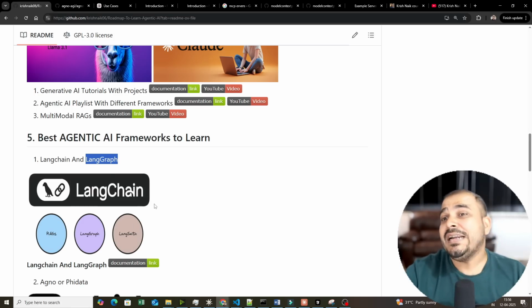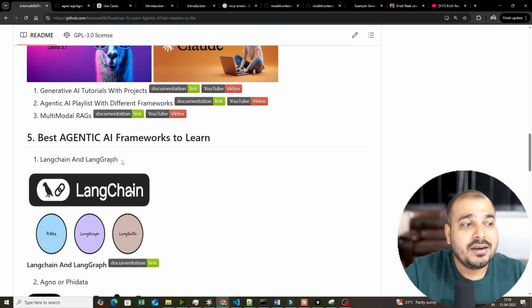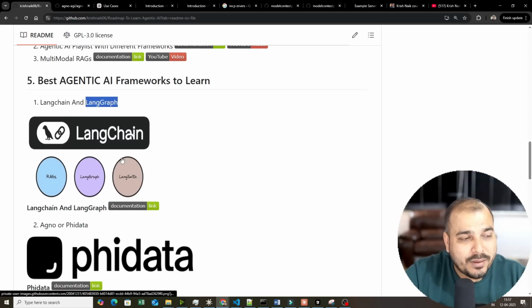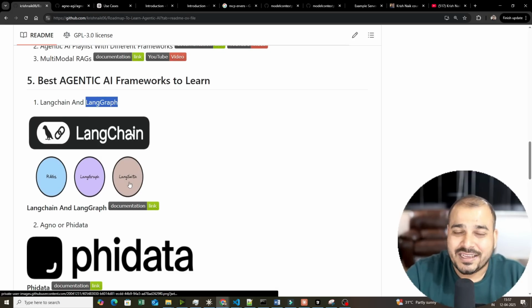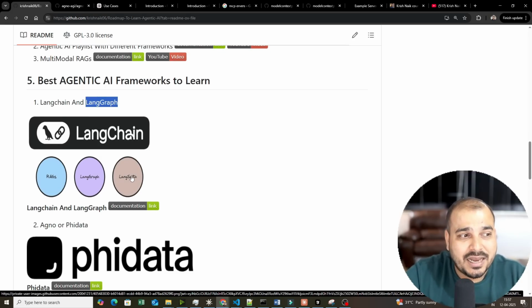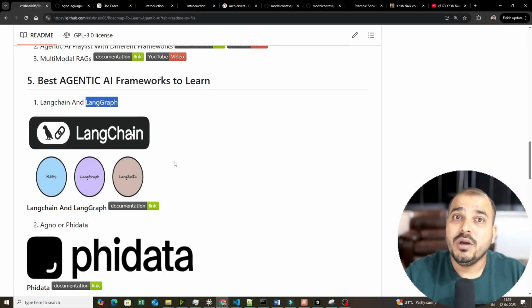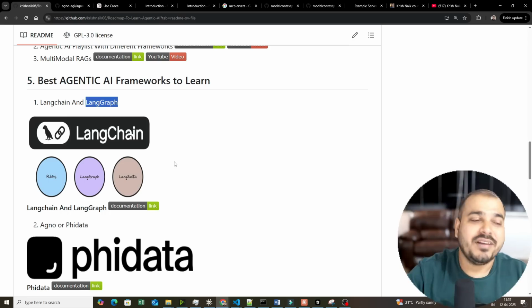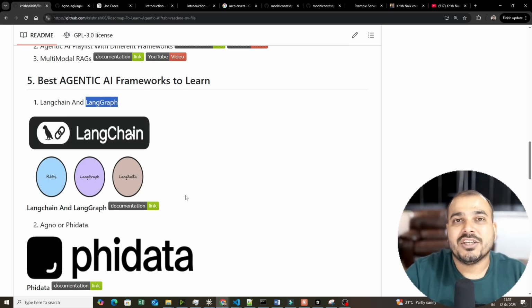So you should definitely start learning LangGraph and learn how to build agentic AI systems with the help of LangGraph. Okay. There is also one more very important platform which is called LangSmith. Now, LangSmith is just another platform which is provided by LangChain, wherein you will be able to do the entire tracing, debugging, monitoring, each and everything for those particular applications, whatever you are developing with the help of LangGraph. This is the most amazing thing.